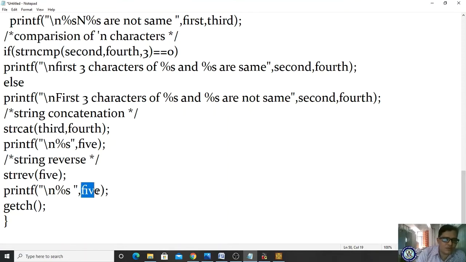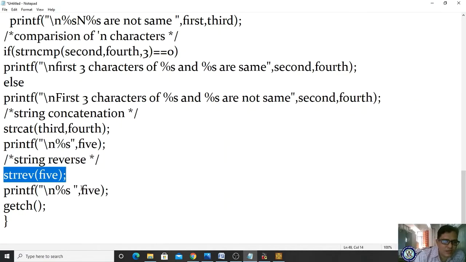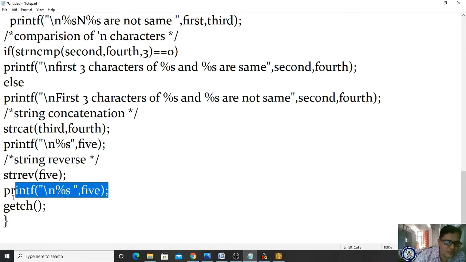And if you display 5, you are reversing 5 also, Sri, with strrev, right? Strrev means you are reversing a string, so Sri will be reversed. If you display this 5, the Sri it contains will be reversed, and that reversed string will be displayed.